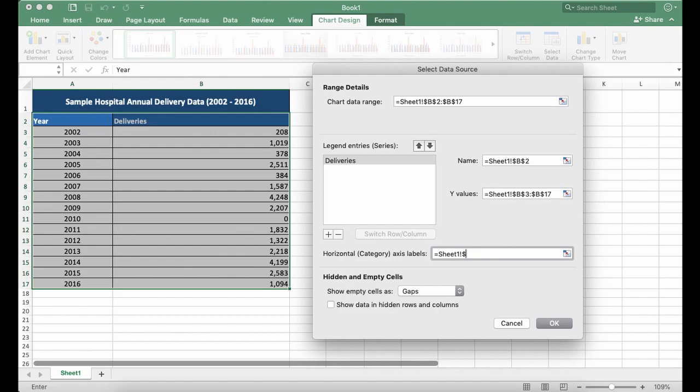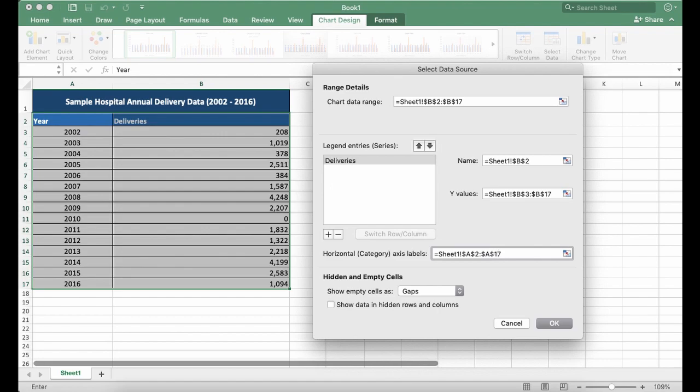So in this case, we want it to start from $A, $2, which is the row number, all through $A,